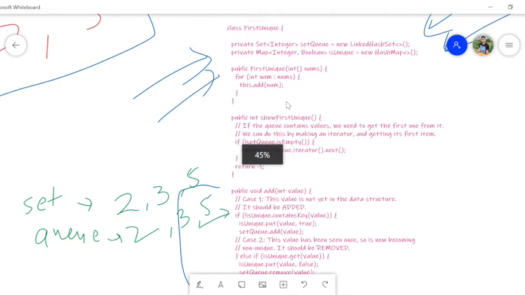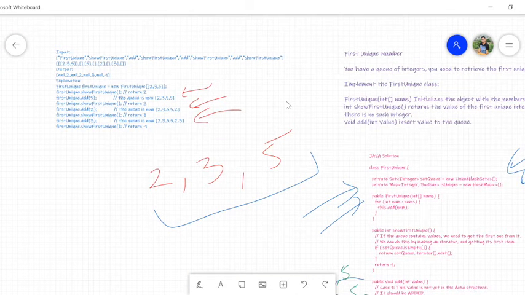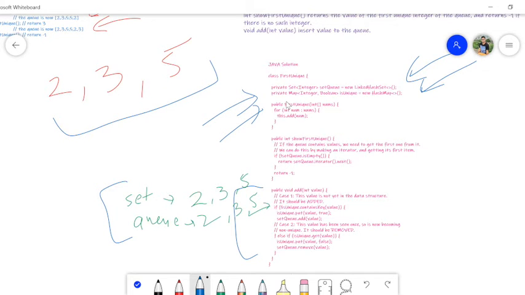Let's find out how we are finding the unique number. Here we took a set as a queue, and then a map as the unique number map. So suppose this is my unique map and this is the set queue. I need to find the first unique number, so I will traverse this queue, find the first element and return it.